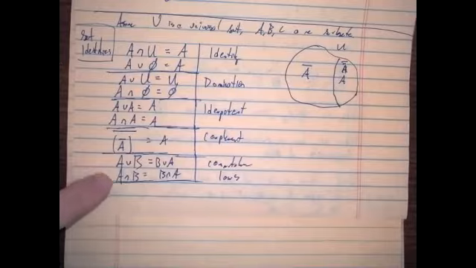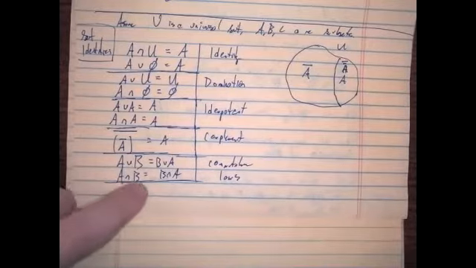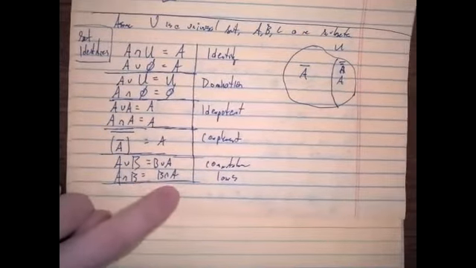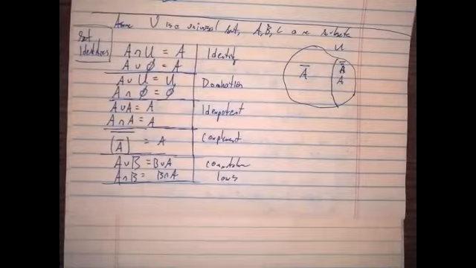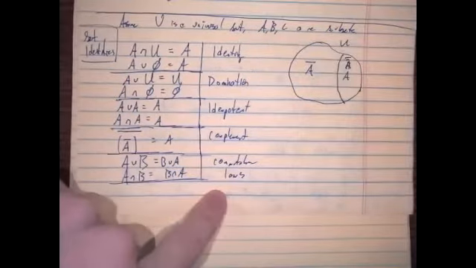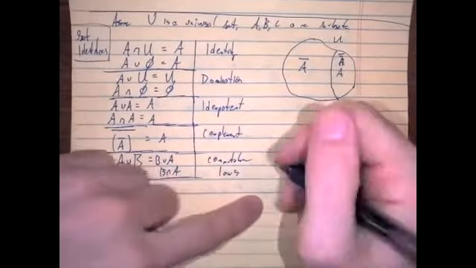What does the last identity say? This says A intersect B is equal to B intersect A. So order doesn't matter when you're taking unions or intersections. I was referring to what it was called. Sorry. Oh, commutative.